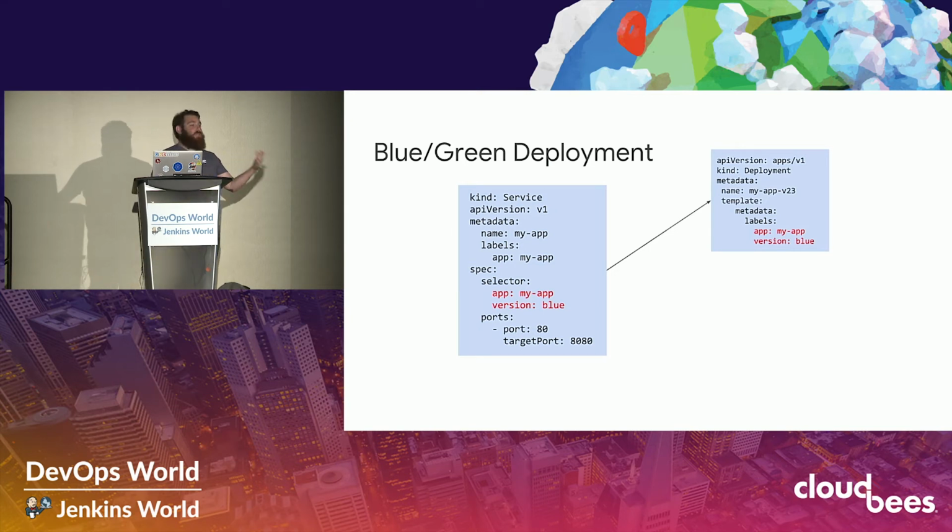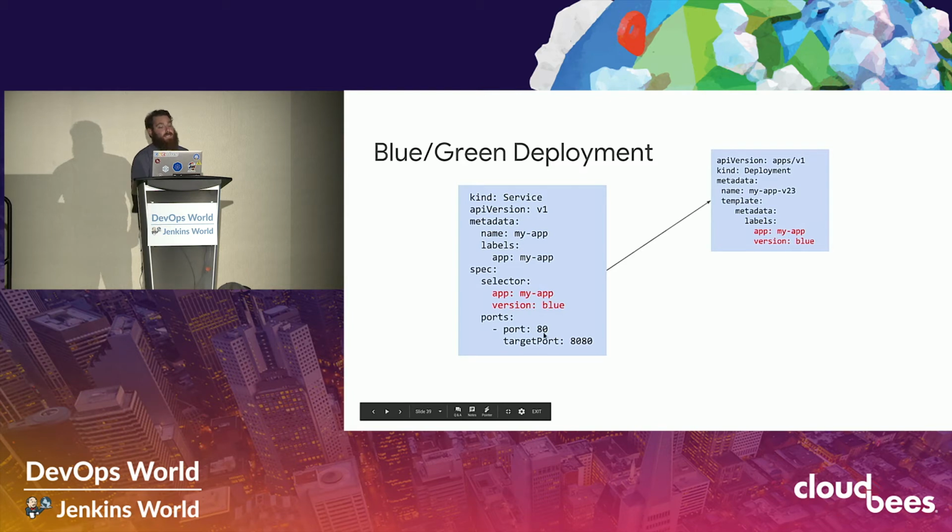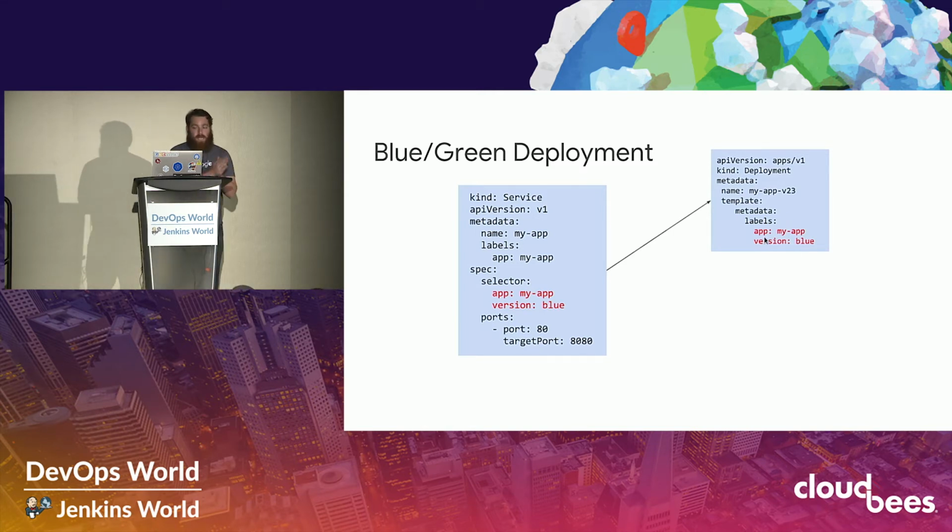So if we wanted to do a blue-green deployment in the Kubernetes context, we would first deploy a Kubernetes deployment. We would add some labels to that deployment, which is a really important part of this. And then we would map a service to that deployment using the same labels as the selector, right? So now I have these selectors choosing all the pods that are behind this deployment